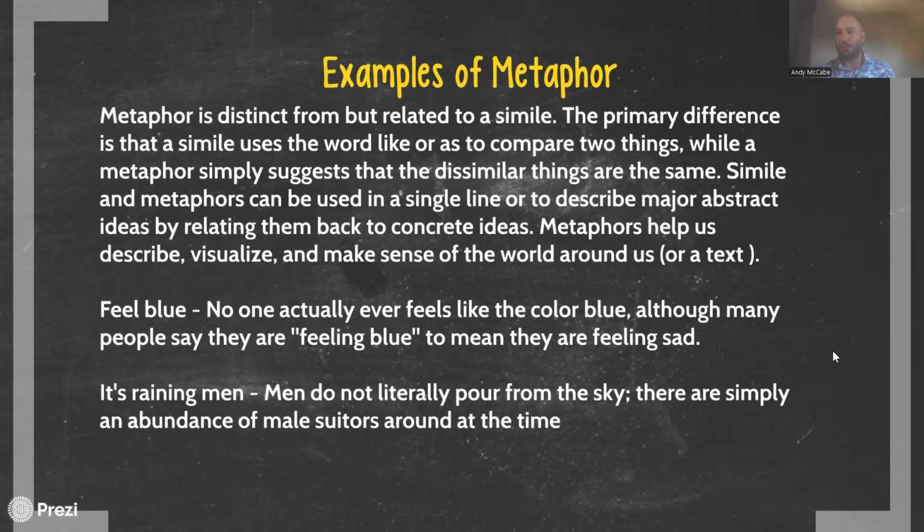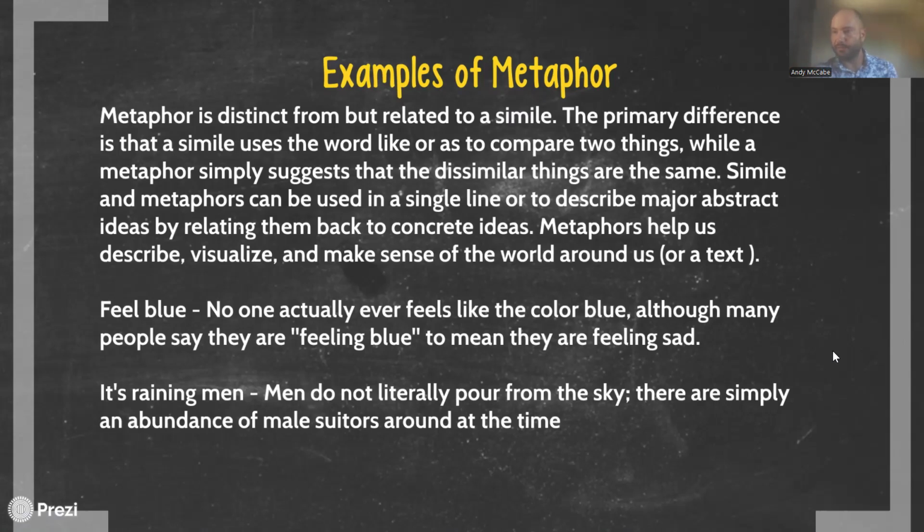So the first one, the classroom was like a zoo. Those of you who said simile, very good. It is a simile. Notice the key word like that we used. Next, the classroom was a zoo. Metaphor, very good, because we are classifying the classroom as a zoo, but we're not using the words like or as. We're just directly classifying it as such. Very good. Three, he fought like a lion. Good. Keyword like tells us it's a simile. And the last one, he was a lion. No like or as, direct classification. There we go, metaphor. Ding, ding, ding.